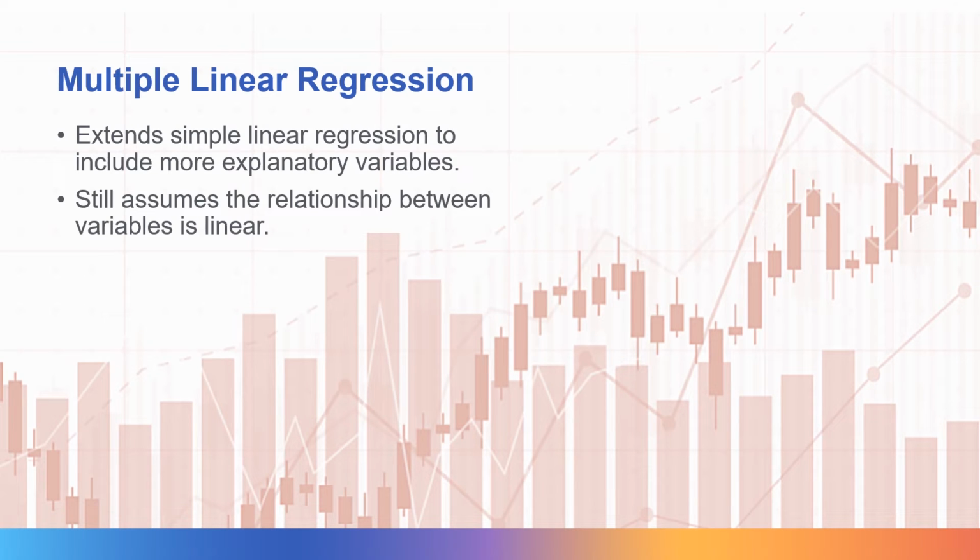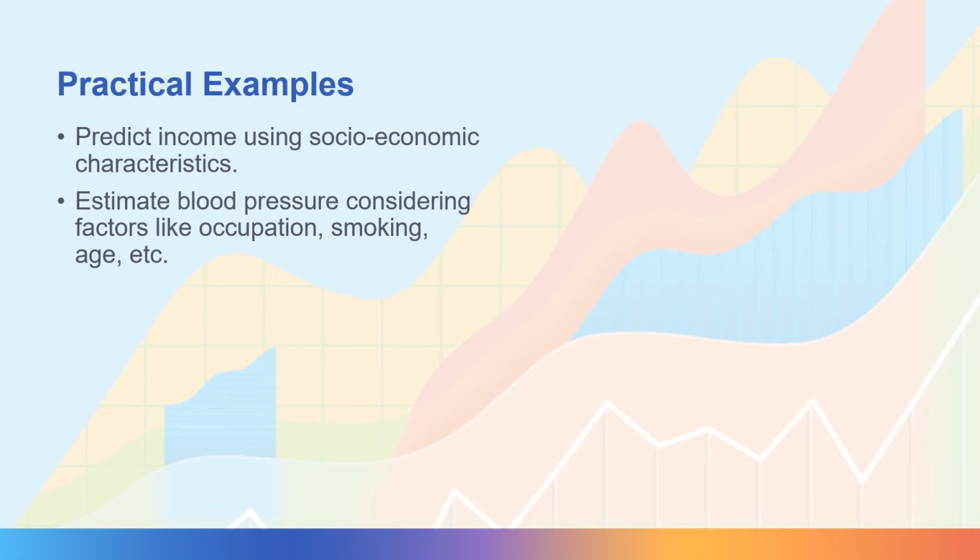In multiple linear regression, MLR, we extend the idea of simple linear regression by including more than one explanatory variable. Although we now have multiple variables, the term linear remains because we still assume that the response variable is directly related to a linear combination of these explanatory variables. MLR can be applied to a wide range of practical problems. For example, we might use it to predict an individual's income based on several socioeconomic characteristics. Or we might estimate systolic or diastolic blood pressure, taking into account factors such as occupation, smoking habits, drinking habits,